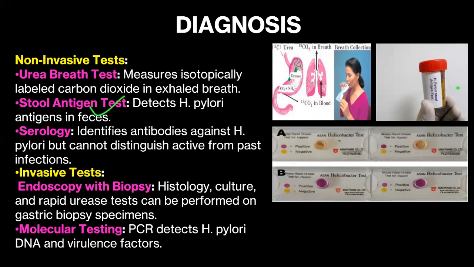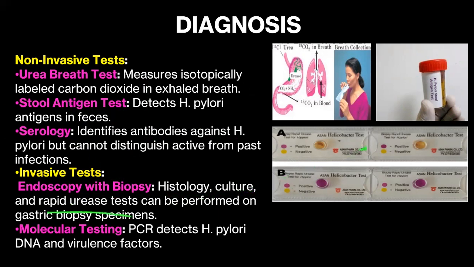Stool antigen: we can also take a stool sample and detect the antigen of H. pylori in it. Serology: we can detect antibodies against H. pylori in the serum of the patient. So these are basically non-invasive. Invasive means we can take a biopsy through endoscopy, and we can go towards histology, culture, and